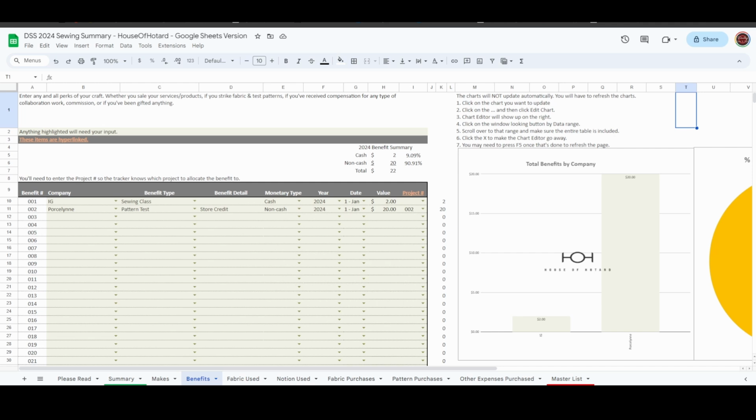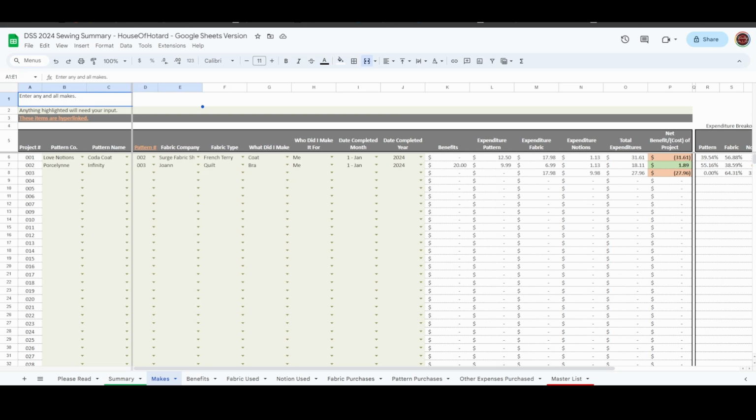All right. Now let's look at the true beauty of this thing. So when we go to makes, we've made an imaginary project 3 a minute ago. We know what we already said we used fabric and dye on it. And we're going to say that we created it here in 2024. I don't know why I'm entering this from the wrong side, but that's fine. Let's say I did this one to a friend, because remember we entered friends back at the beginning in our master list. And let's say it was a shirt,